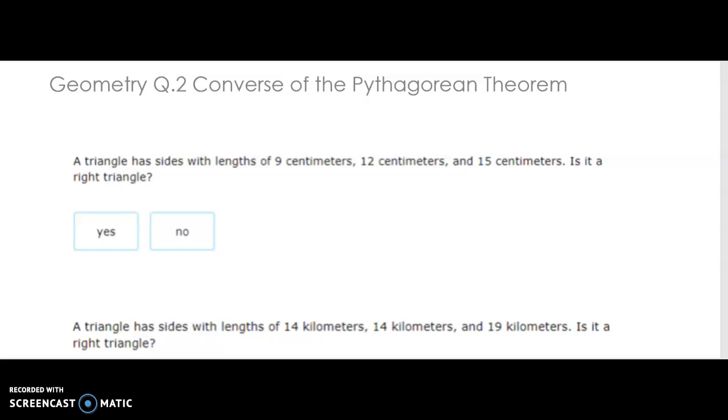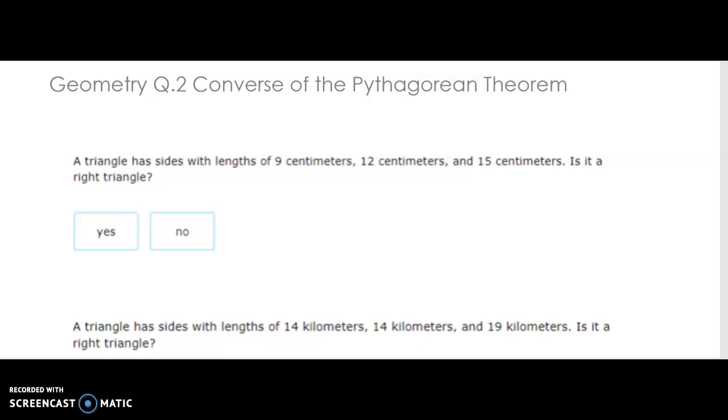The converse of the Pythagorean theorem. If the Pythagorean theorem says that if it's a right triangle, then a squared plus b squared equals c squared, then its converse is true: if a squared plus b squared equals c squared, then it's a right triangle. So it's kind of redundant, and I understand that, but it's going to be an easy lesson,